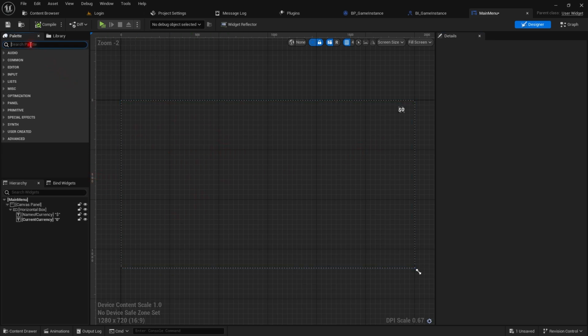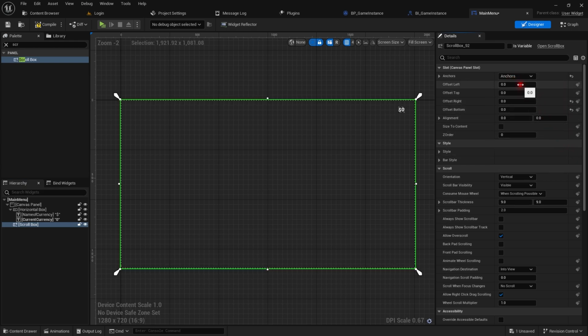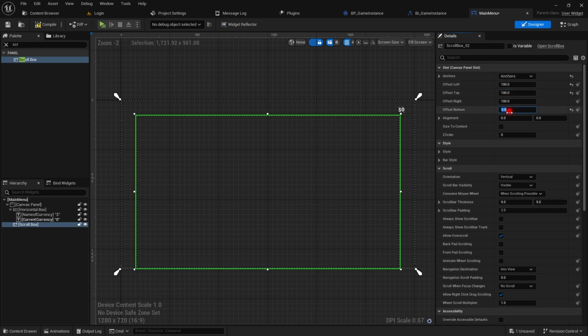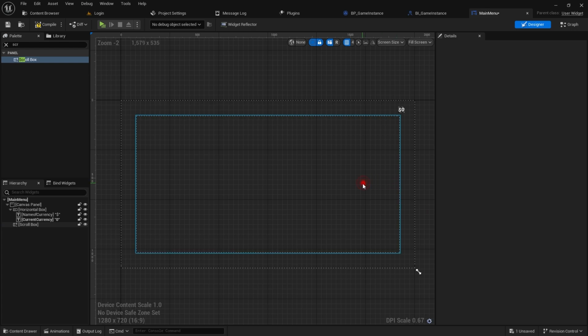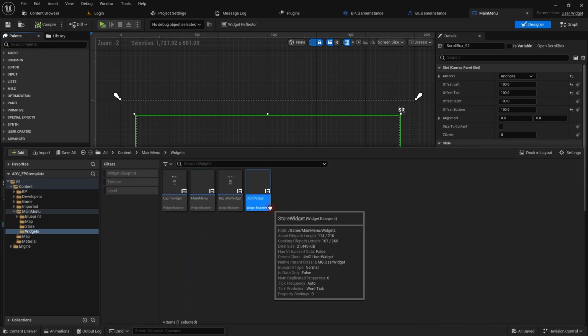So we have this main menu. In the middle we will add a scroll box, and make it cover maybe the complete screen. Sorry, let's make it 100, 100, 100, 100. So yeah, in the middle of the screen we are covering it up. And then let's go remove this store widget